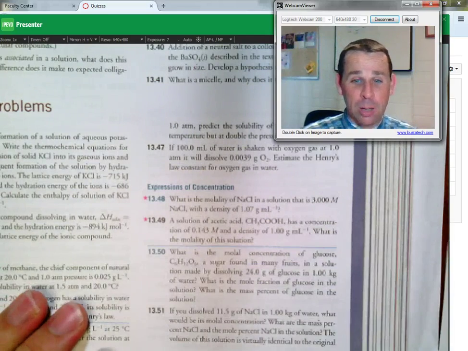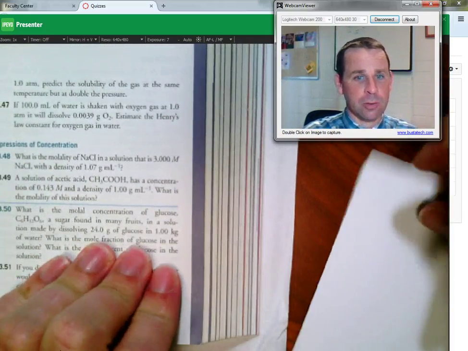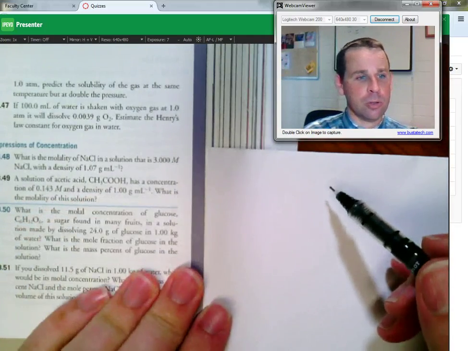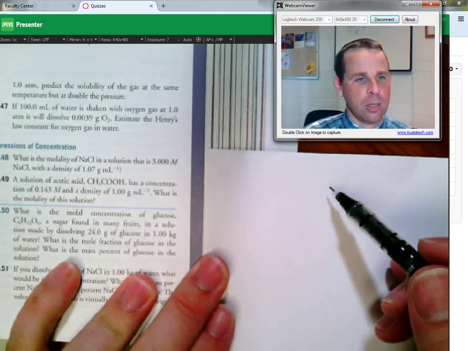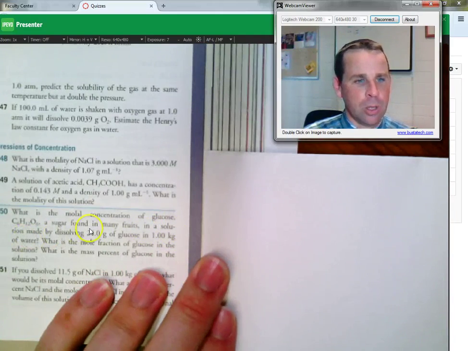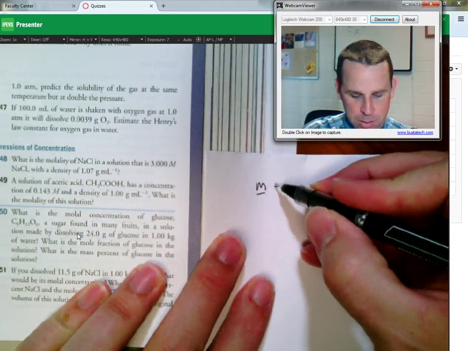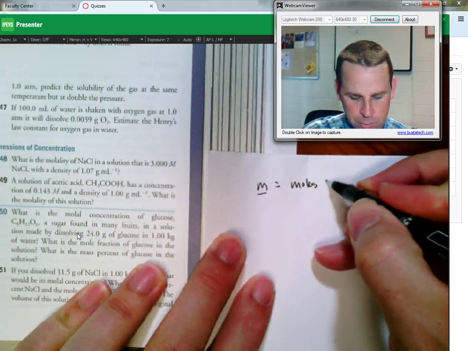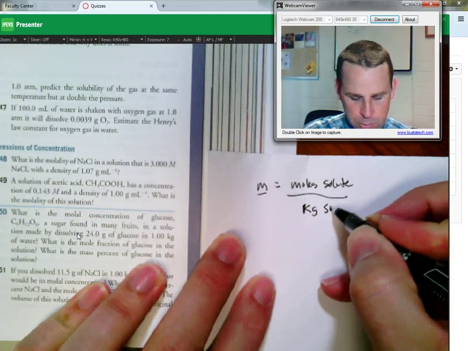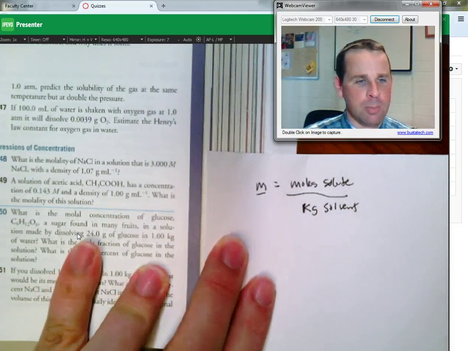Molal means moles of solute per kilogram of solvent. So let's find that one first, right? So we have 24 grams and we're dissolving it into 1 kilogram of water. And again, molal, little m, underlined like that, means moles of solute over kilograms of solvent. So we can find moles of solute here simply by looking at 24 grams and determining